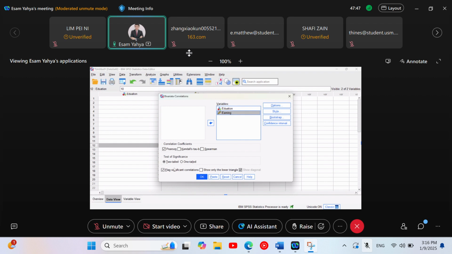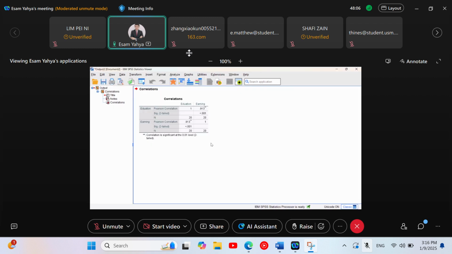I don't want to mess with any of these options because they are already set to calculate Pearson's R. So no need to change any of them. You just click OK. Once you click OK, here it comes. The Pearson correlation is 0.913. So it's very high. It's almost perfect. As you can see here, the education to earning and the earning to education is